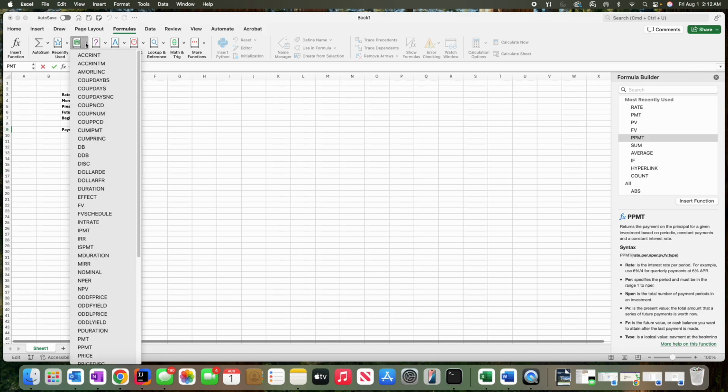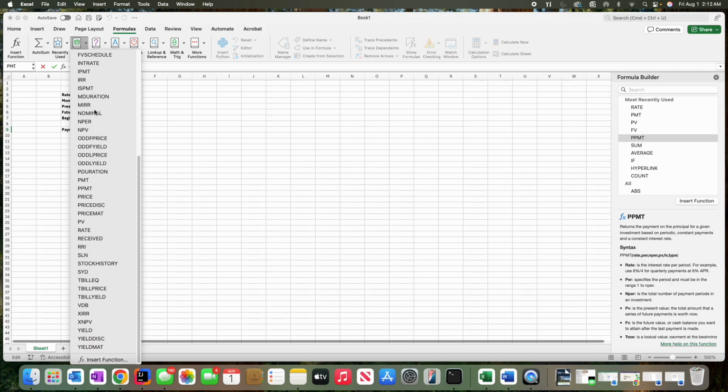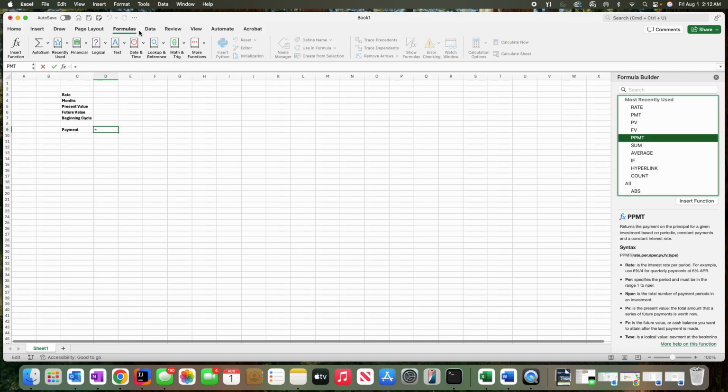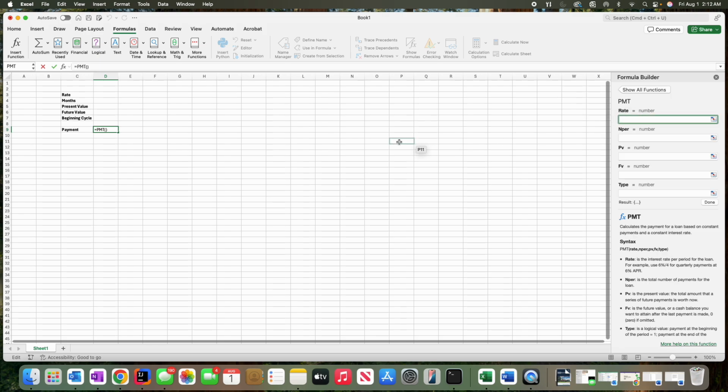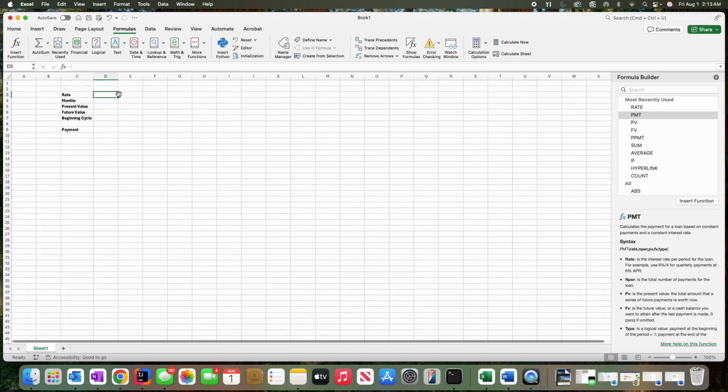You'll notice it's got financial there, and you can insert any of these functions here. All right? And the function that I want to insert is called payment. Notice it inserts PMT open close parentheses. Now, what I want to do is fill in these values, and I'll explain a little bit of how these values work. So why don't I go back out here,